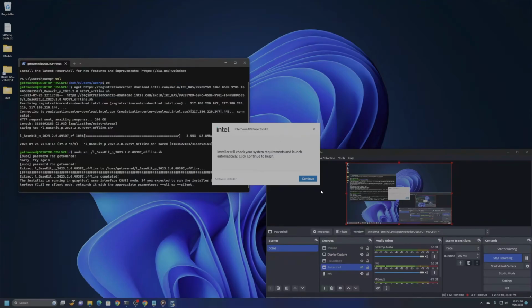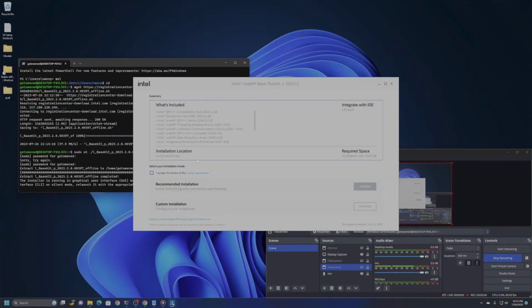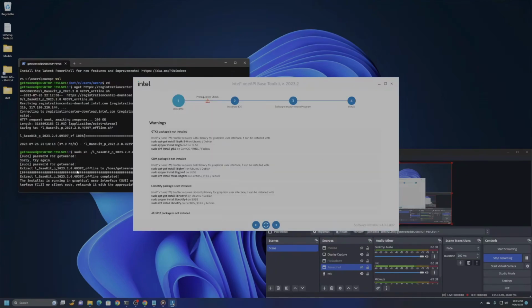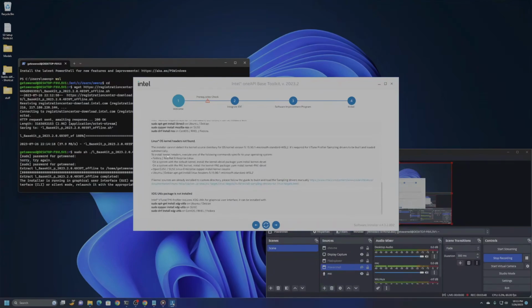So just go through the base toolkit installer like this. I accept the terms of license agreement. You don't need to change anything. Just continue with the recommended installation. There's going to be a bunch of these warnings if a package is not installed. They're not really important for what we're doing, so feel free to do whatever you want if you want to,